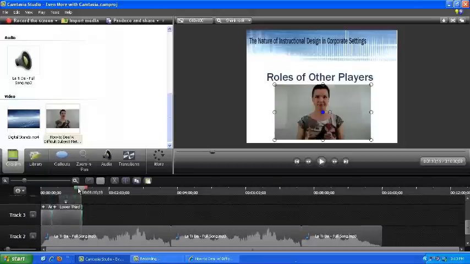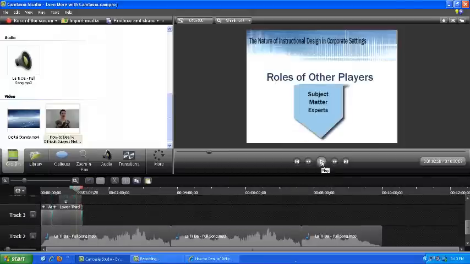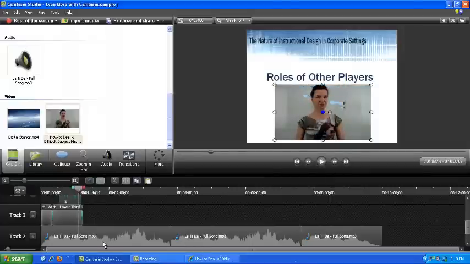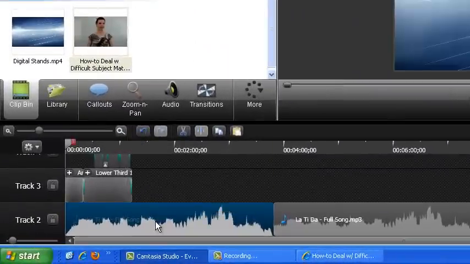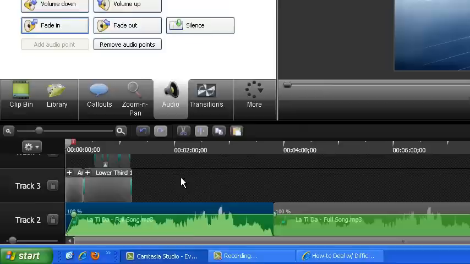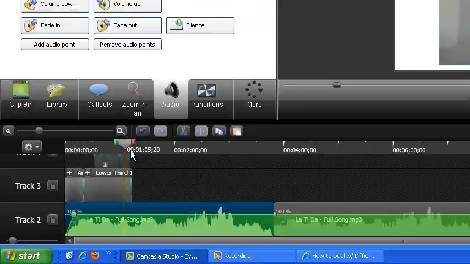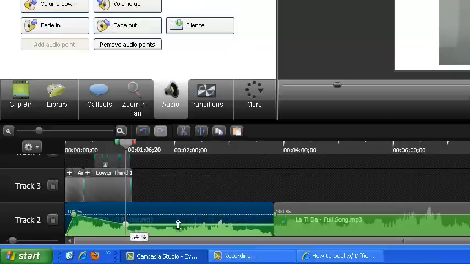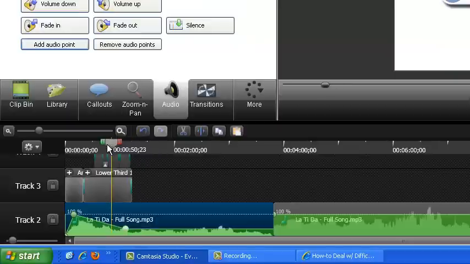we need to do is this, right here, when the video starts playing, all right, I may have wanted to go into this audio file, double click, actually I need to right click and edit audio, and at that point where that video starts, add an audio point that I could then lower that music. Okay, so as we get ready to listen to the video,